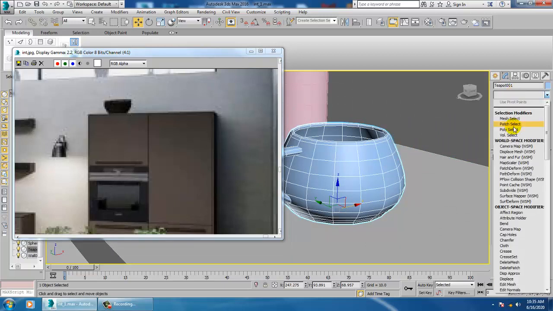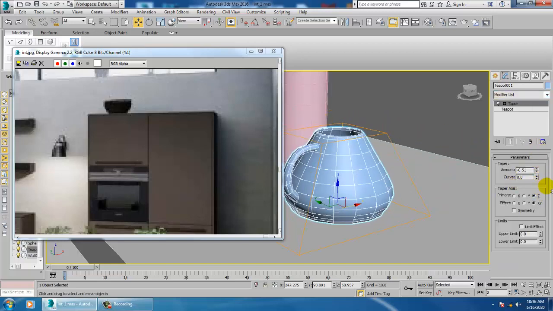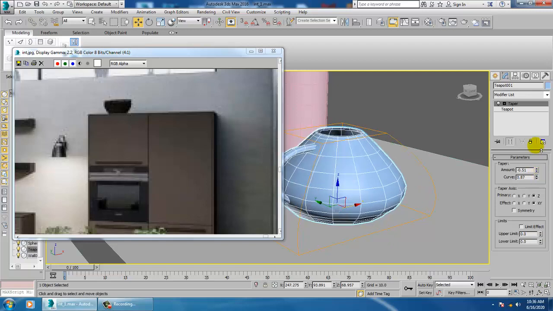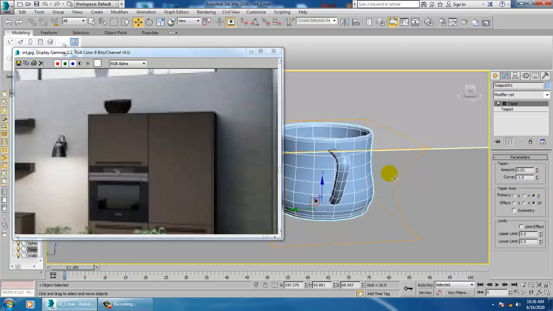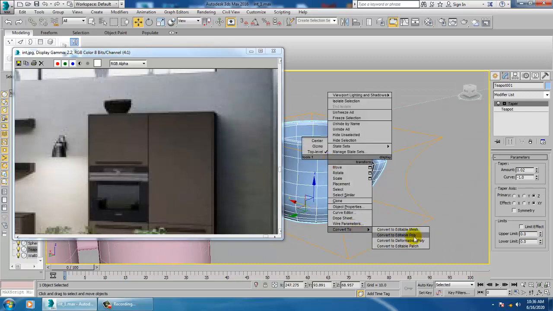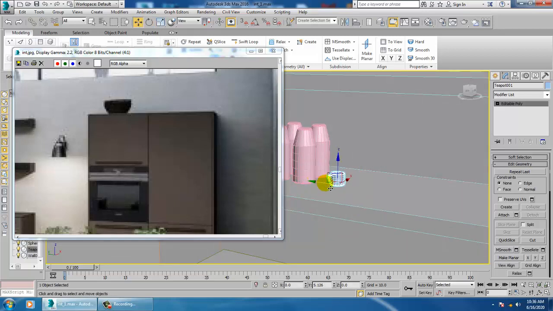Let's go into modifiers and give a modifier called taper. Reduce this curve, push this out, that's it, and convert to editable poly. You can scale it more and push it over here.